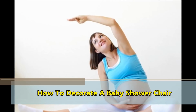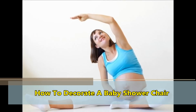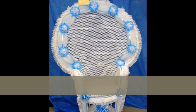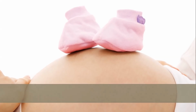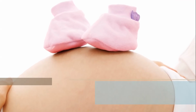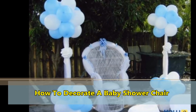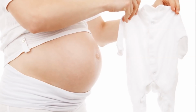Therefore, to create a lifetime of memories, knowing some tips on how to decorate a baby shower chair can make this celebration as stunning and special as possible. To get started with the decoration, you first need to make a specific plan in your mind. For instance, you should imagine what type of chair as well as necessary facilities are used to plan your decoration. By doing this, you can organize such a fascinating and magnificent baby shower without wasting much money, time and